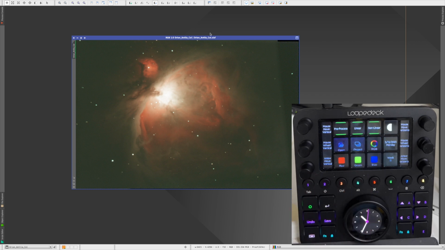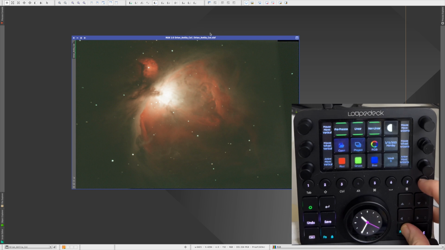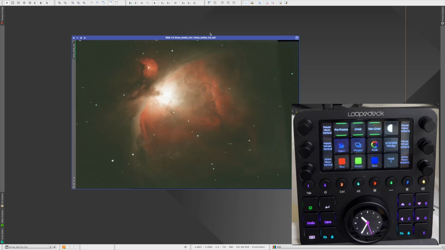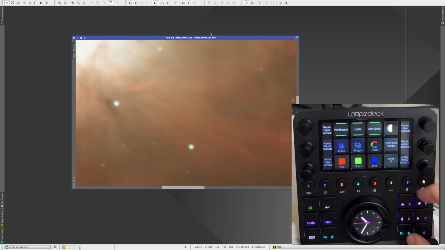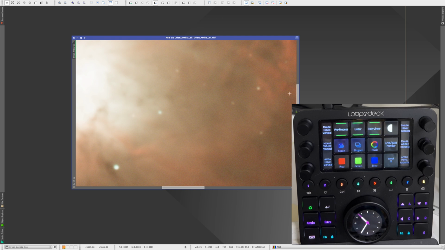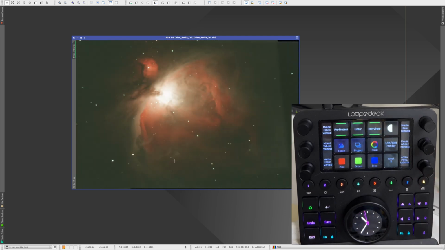and I can go back to RGB. If I want to check if the picture is already stretched or not, function and 8 will actually deactivate this auto screen transfer. If I press 8 again, it will activate it again. If I want to do some pixel peeping, I press function 7 and I'm automatically in a one-on-one level. I can look around, and when I've seen everything, I just press 7 again and I'm again on the perfect